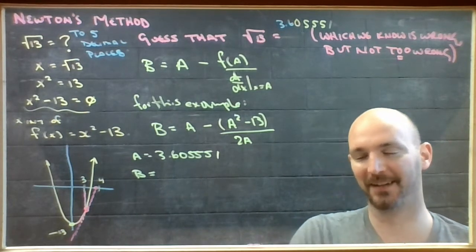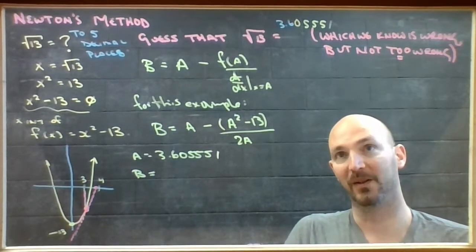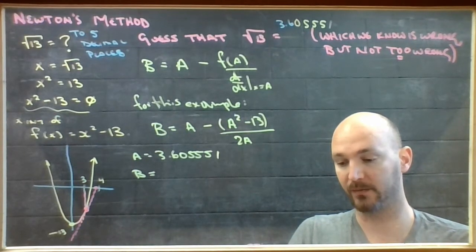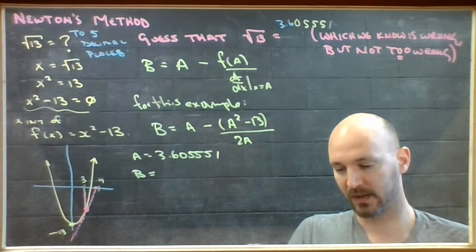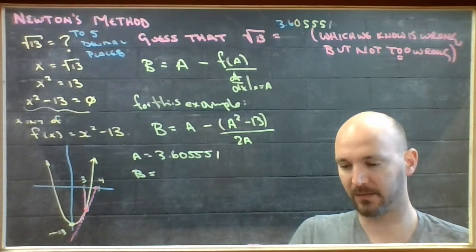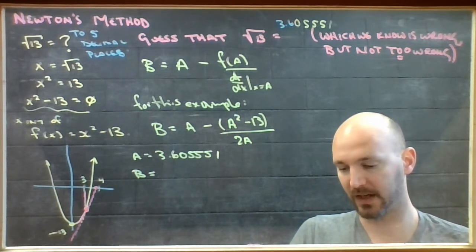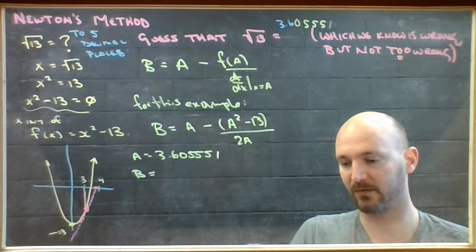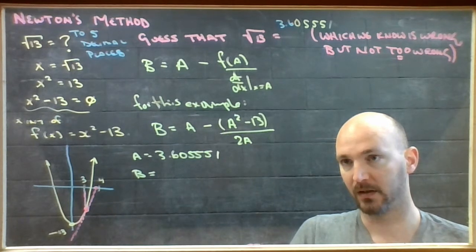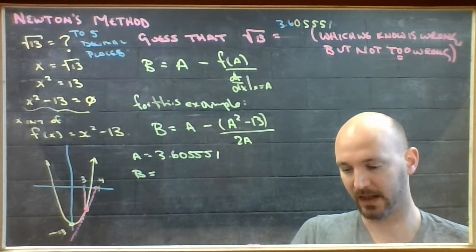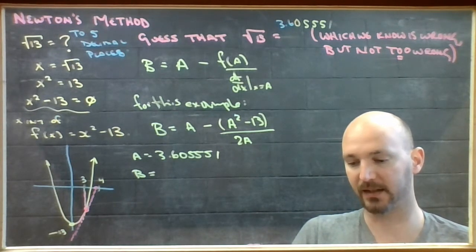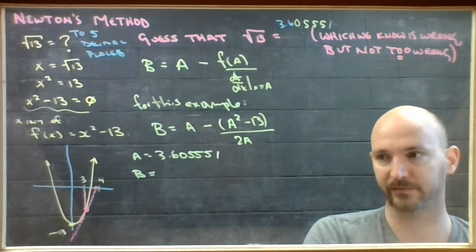Think about that for a minute. Okay, so 3.605551 squared. Subtract 13 gives me something in the 10 to the negative 6. Divide by 2. Divide by 3.605551 equals. And then I'm going to subtract that. So I'm going to take 3.605551, subtract the answer I got from that mess, and I get